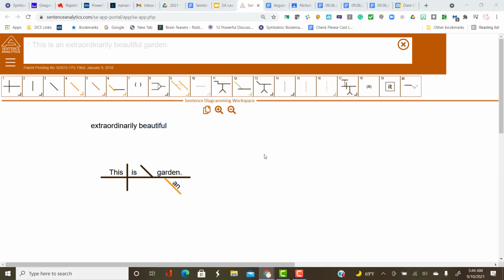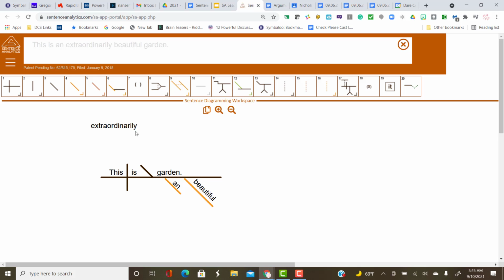All right, the adverb extraordinarily does not directly describe the noun garden, so skip it and move on to the adjective beautiful, which does, answering the question, what kind of garden? Another adjective line, beautiful on it,